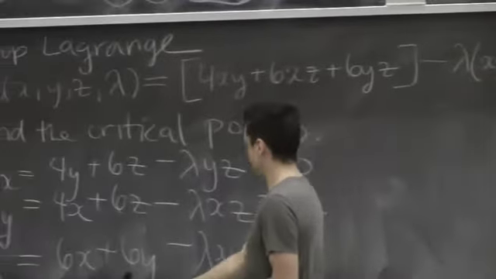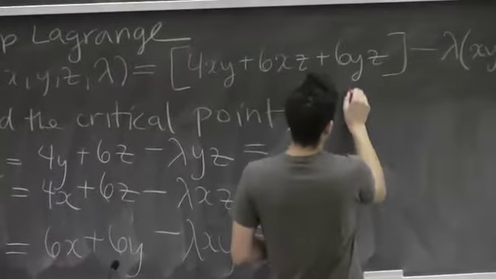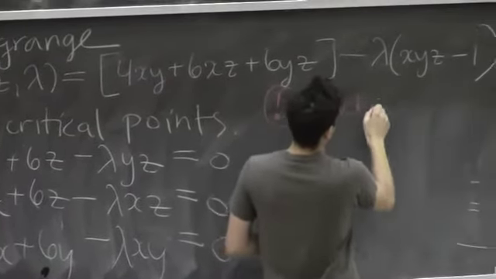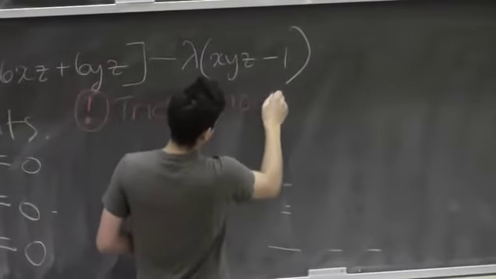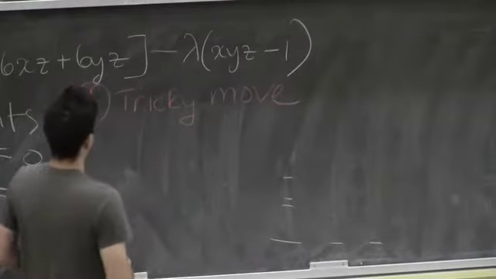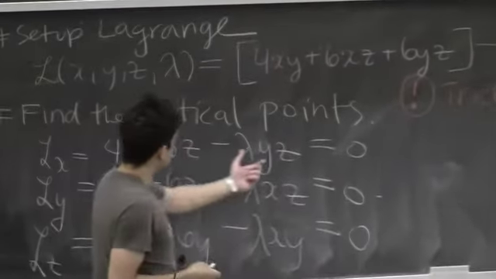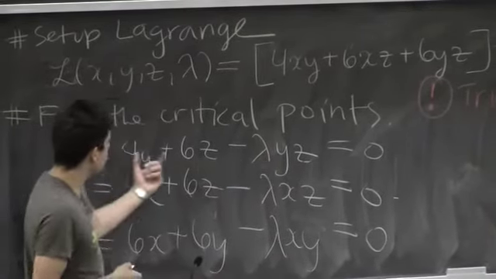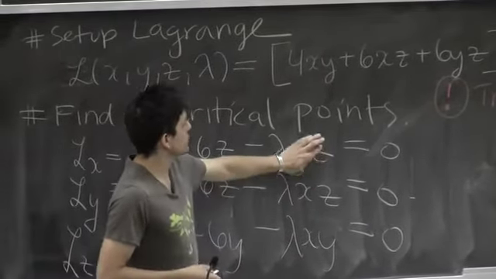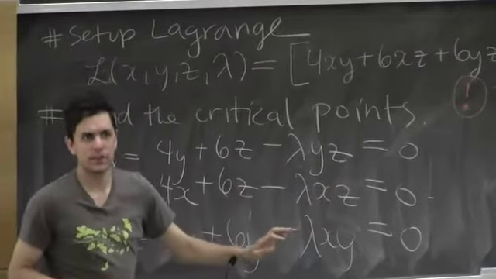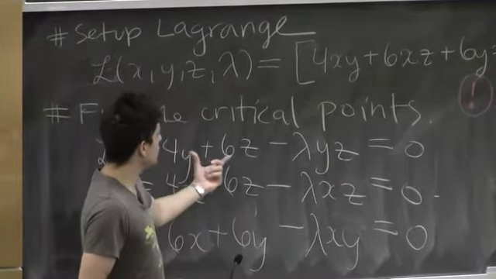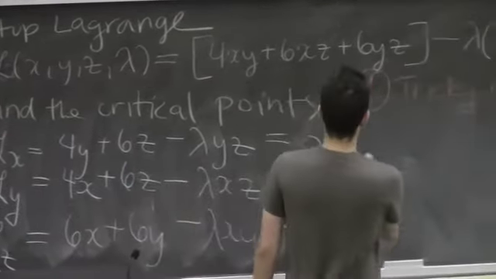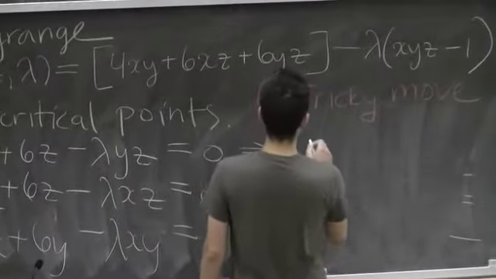This is sort of the key tricky move: multiply in an x here. Multiply this whole equation by an x so that you get rid of that nonlinear term. You introduce things over here, but now you'll be able to isolate for lambda, which is a key tool. So this will give you